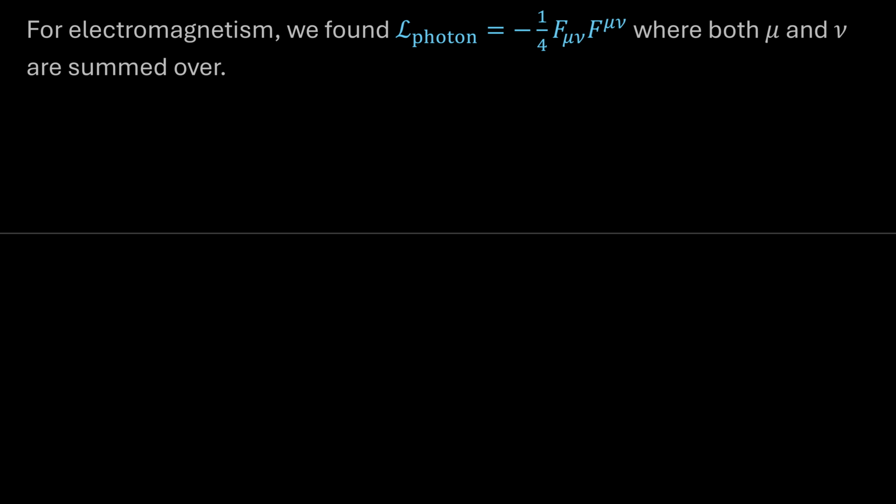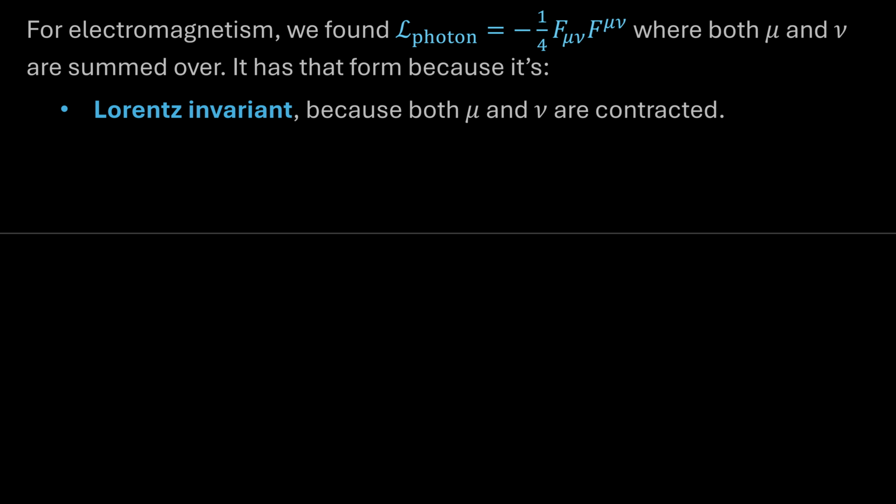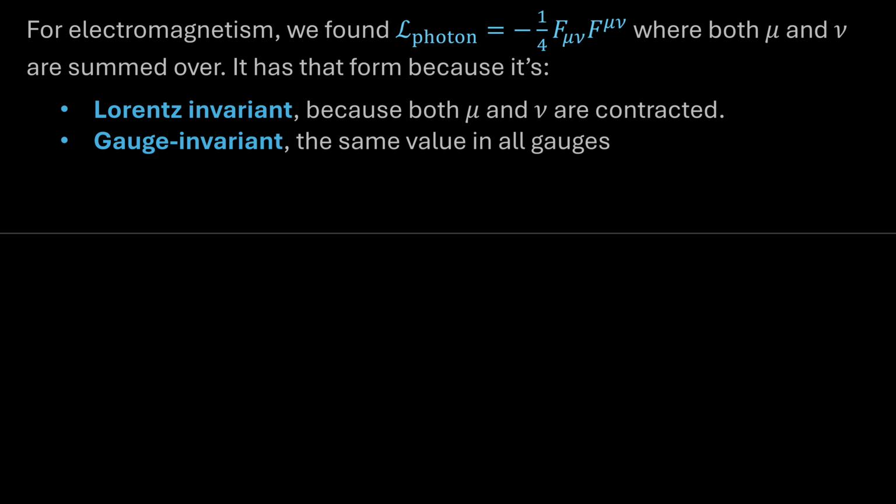And the reason we came upon this expression out of all possible expressions that we can make out of F_μν is that this is Lorentz invariant, because both μ and ν are properly contracted. So we have the downstairs μν and we have the upstairs μν. That is the Lorentz covariant field strength tensor, as well as the Lorentz contravariant field strength tensor. So as you hop from one inertial reference frame to another, the product of those things with the downstairs and the upstairs is going to be constant for all observers. So that's good, we're not in violation of special relativity, okay? Einstein is happy. And then, of course, you can also show that this expression is gauge invariant because it takes on the same value in all gauges.